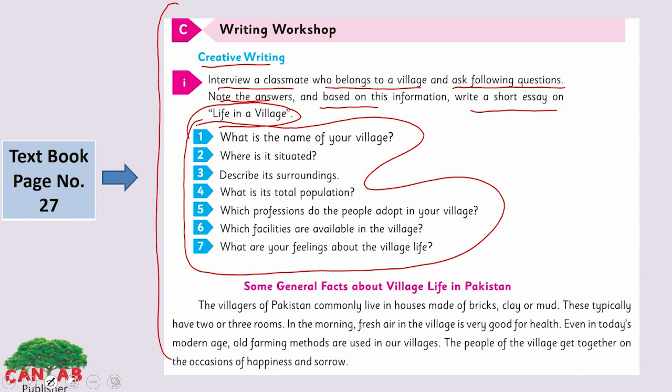First, you have to ask the question from your classmate, write down his answers in your notebook, and then on the basis of your answer, write a short essay, life in a village here. How you will write an essay? You have to go in a sequence like this. First, you will ask him about the name of his village and where it is situated. Describe the surroundings, total population, profession do the people adopt in your village, facilities, profession,